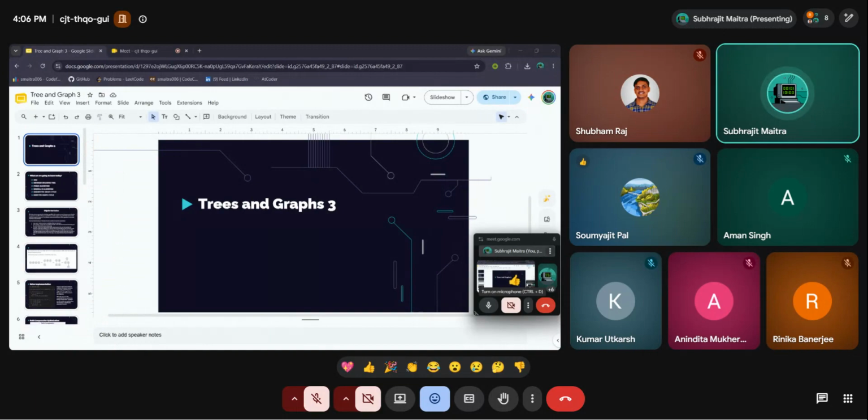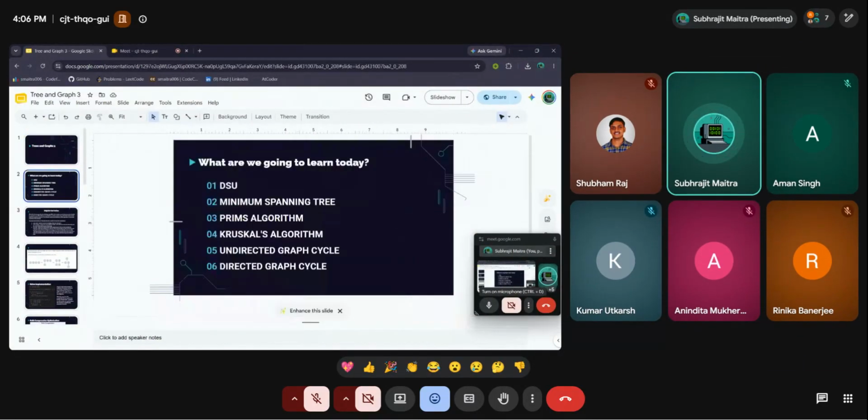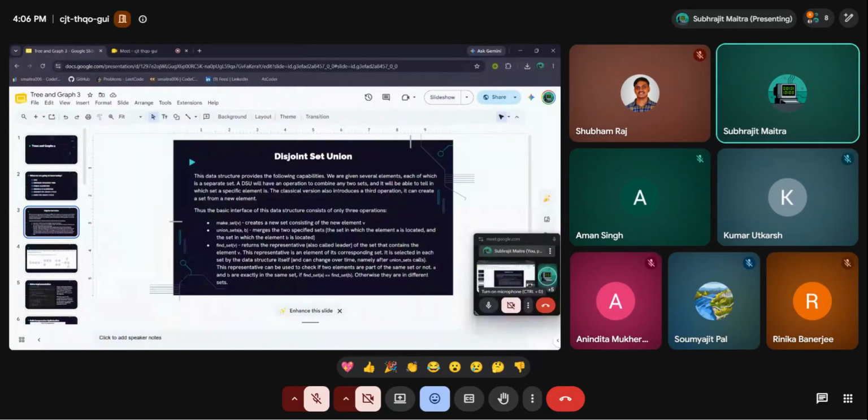Learn one of the most useful data structures in competitive programming along with some other algorithms. So today we will learn about DSU. We will learn about minimum spanning tree, Prim's algorithm, Kruskal's algorithm, and so on. Okay. So let us start with disjoint